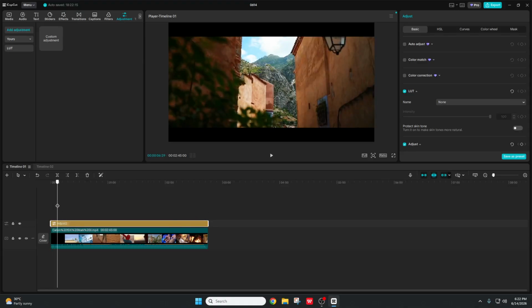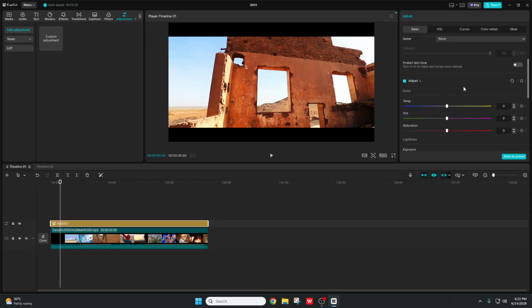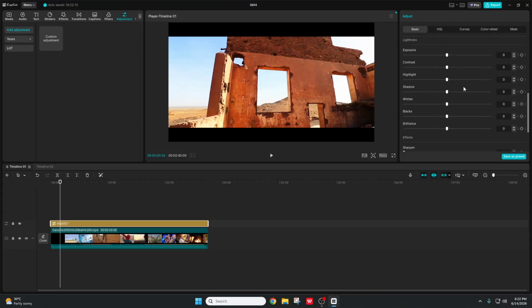So I would like to do that, and then after you're done dragging and dropping this, select it and this bar will pop up. Now you just need to do three things in order to make a video cinematic, and